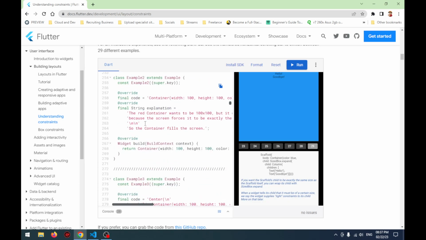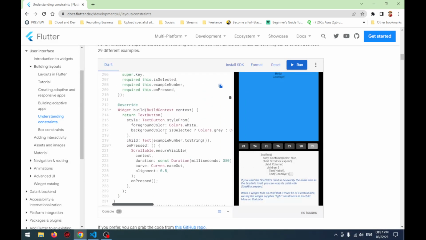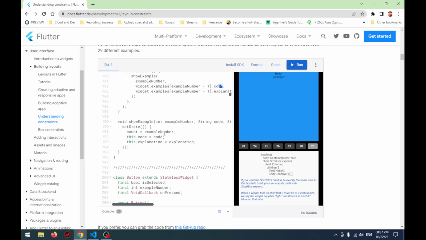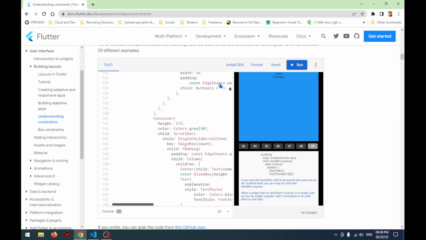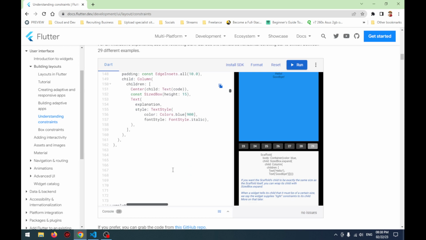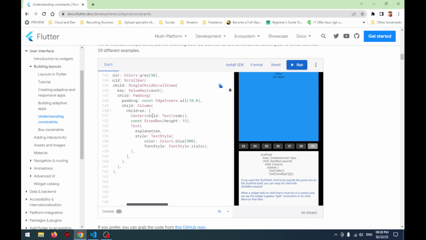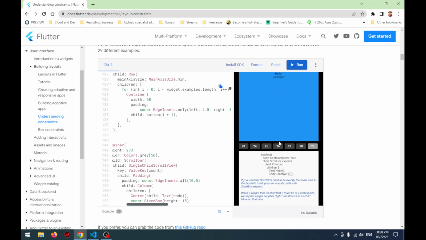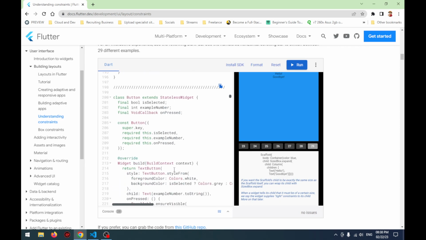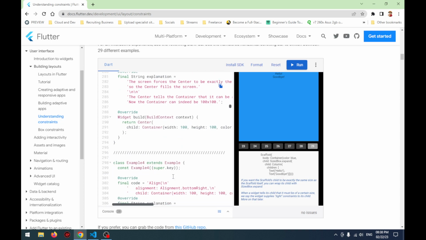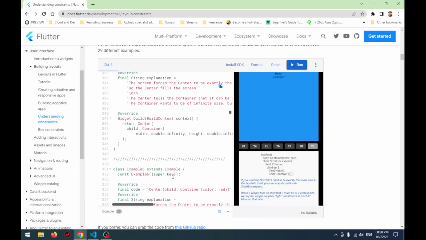What they did is they literally created a blue screen. This is on pressed. Each button you press, it will move. Padding, constant, text, explanation. They literally pre-designed everything, but they changed these insights on each click. Change this and the explanation. 1, 2, 3, 4, 5, 6. For example,